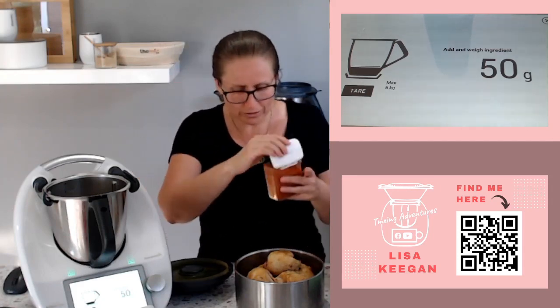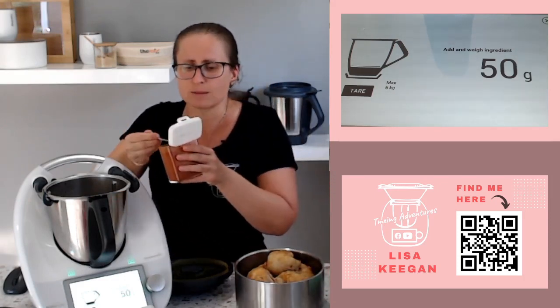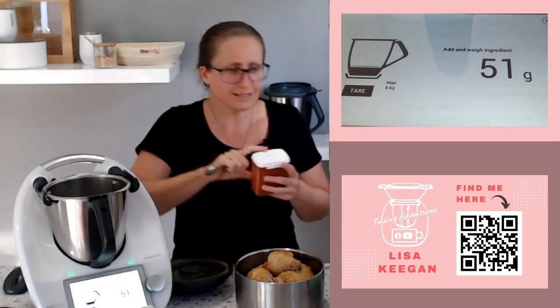Now, if you like chili, you can add sweet chili sauce, okay? However much you like. I would say about 20 grams. If you like it really spicy, you can add some chili to it by all means. We don't do spicy. We're going to add paprika instead. So we're just going to put in half a teaspoon of paprika into there, and then we are actually done